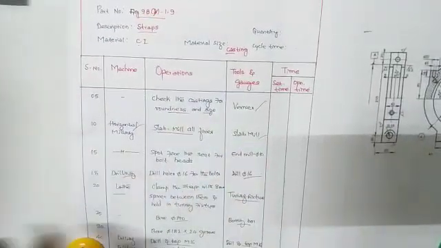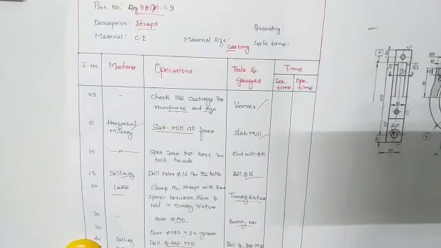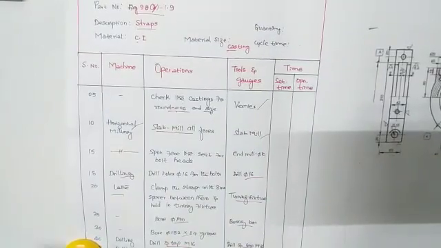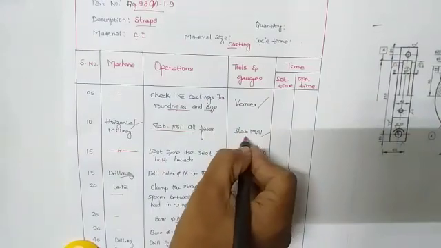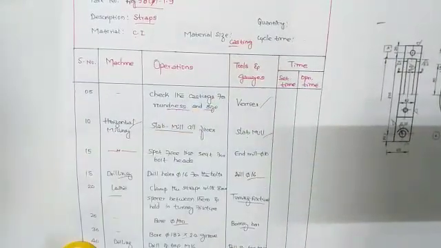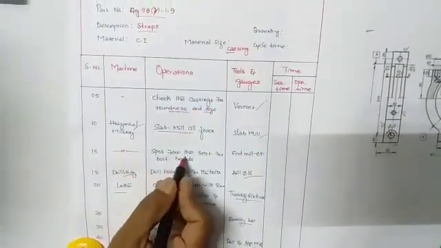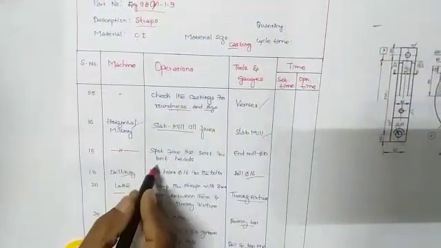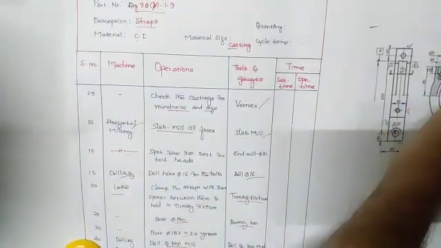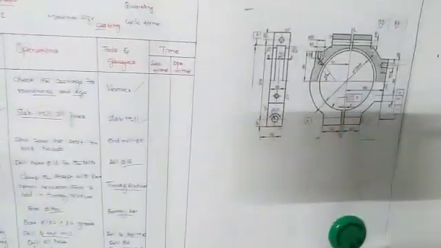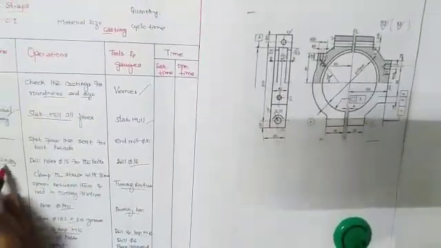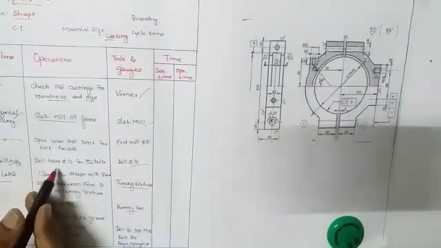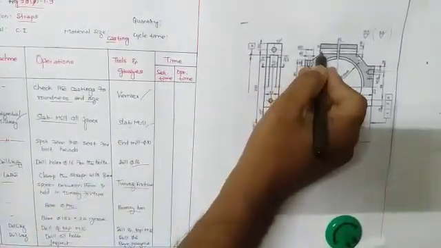Next we perform the horizontal milling operations. The piece has to be milled at all four faces using a slab milling cutter, that is the tool, on the horizontal milling machine. One more thing: the seating surface has to be spot faced for the bolt head, using an end mill. Then we carry out the drilling operation, drilling dia 16 holes for the bolts.